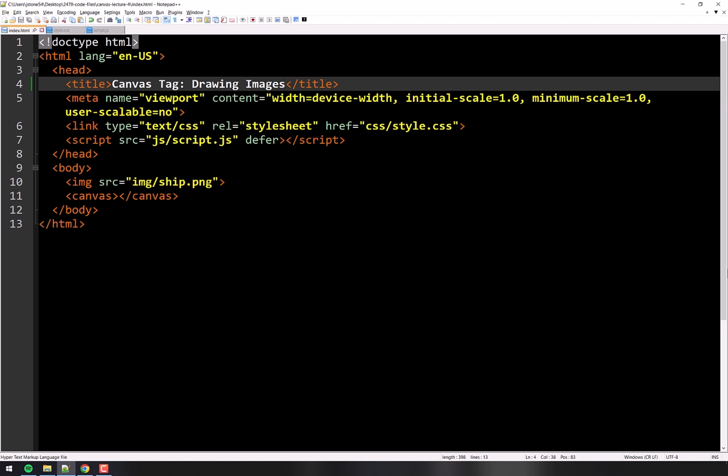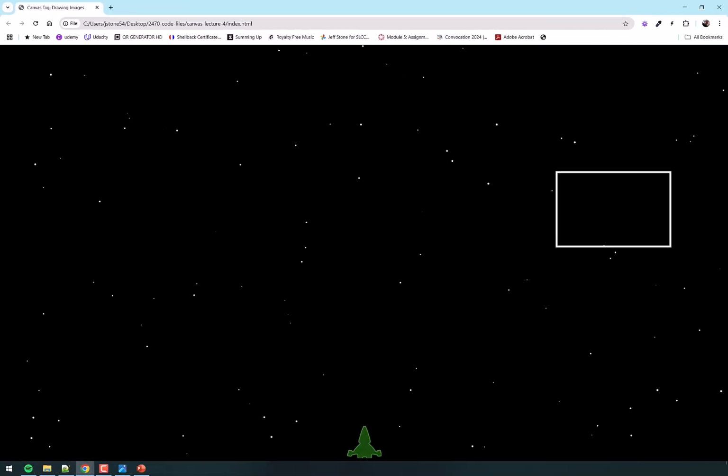To demonstrate that, we're going to make a little program that looks like the following. So here's a fun, simple looking program that is just designed to teach you one thing that's new, which is how to draw that little ship down there. Now that ship is just an image. We didn't draw it with canvas, right? It's just an image, but you're going to learn how to do that. It's literally one line of code to do that, okay? This program is not one line of code.